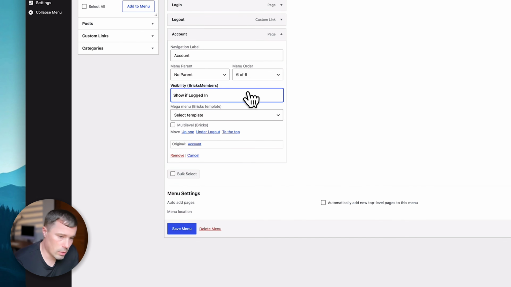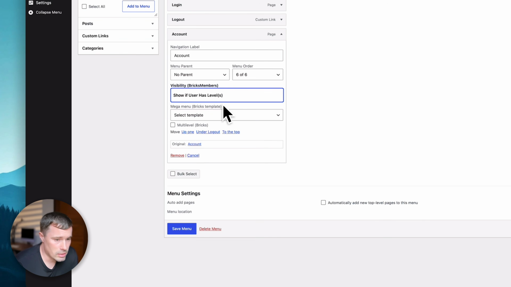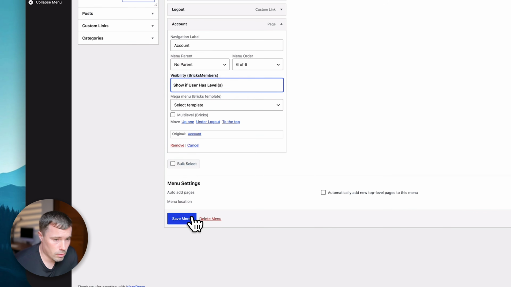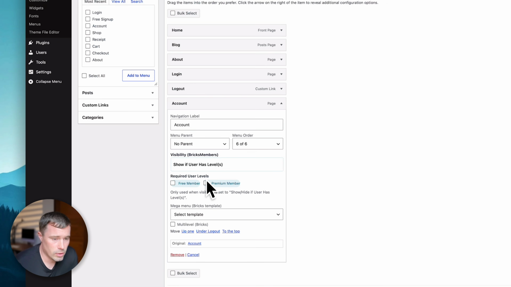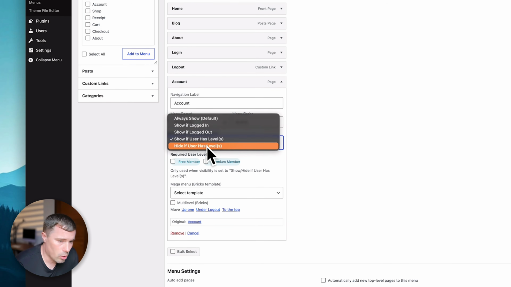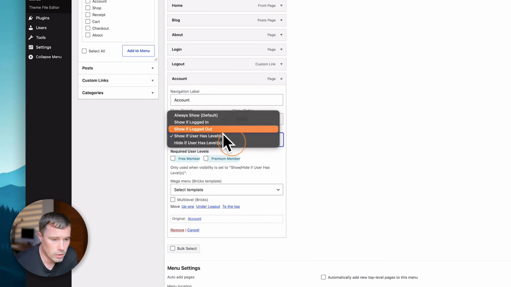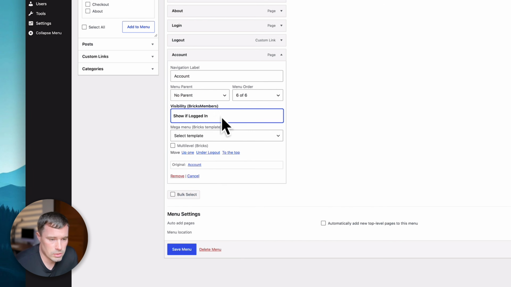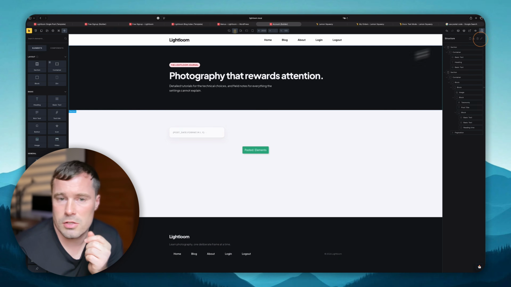And now also what I want to show here with the menus, you can also show or hide menus if a user has certain levels. So when I select that, save menu, and go back in here again, then you see required user levels, free member or premium member. Then you can also only show it or hide it if a user has a certain level. That can sometimes also be quite useful. But in that example here, I only want to show the account when a user is logged in. So let's save that. Now on the account page here, I also want to be lazy, so I just paste